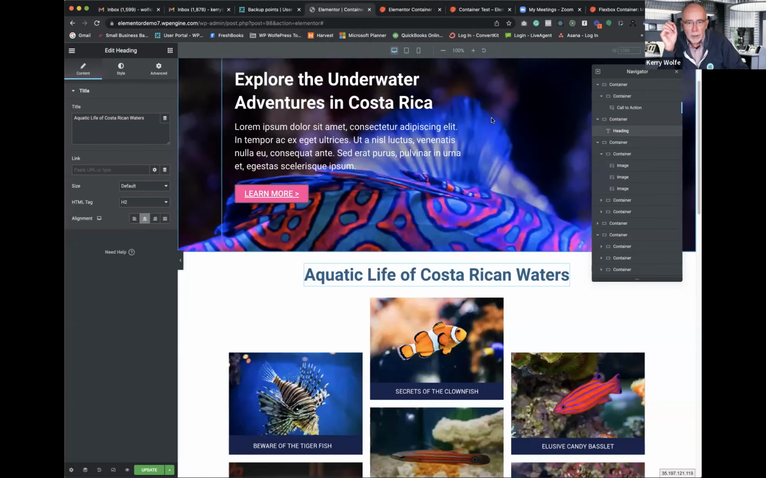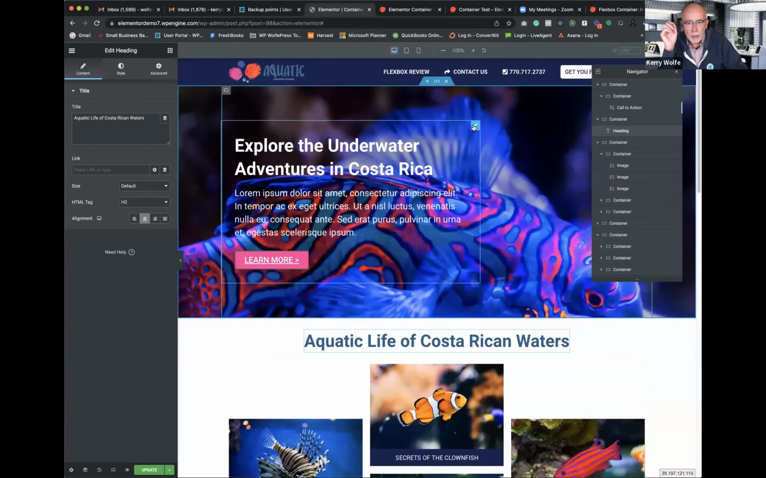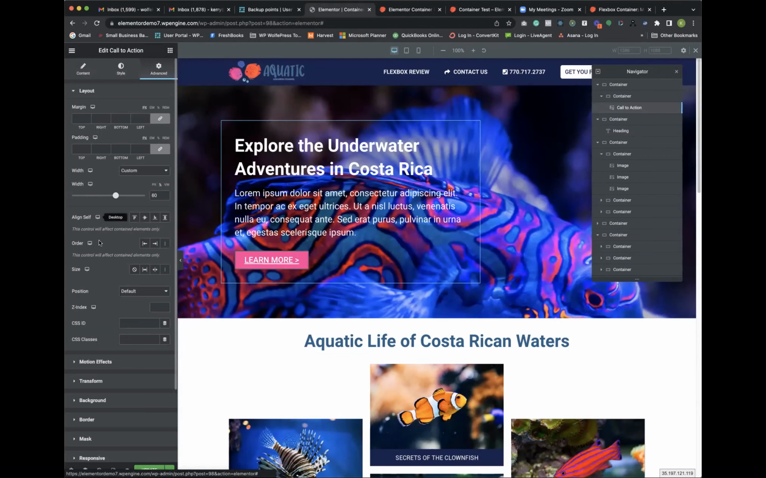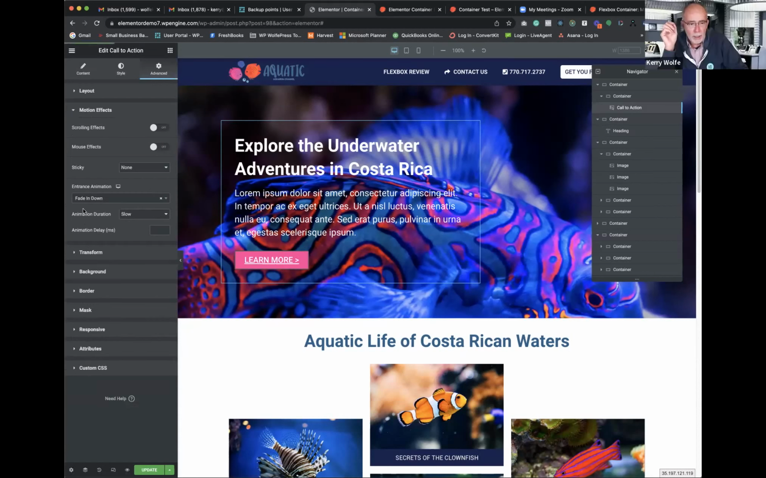If I click on the actual element, I go to advanced, and I go to motion effects, there it is, and then I say entrance animation, fade in down. Nice. Okay. Now, if you were to do this, you'd see this come like off screen and come in, and